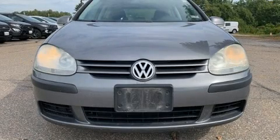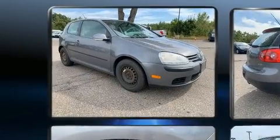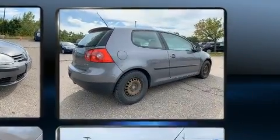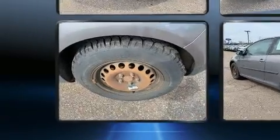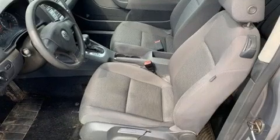Here's a great deal on a 2009 Volkswagen Rabbit. This two-door, five-passenger hatchback has not yet reached the 100,000-mile mark. It features an automatic transmission, front-wheel drive, and a 2.5-liter five-cylinder engine. Top features include a split folding rear seat, power door mirrors and heated door mirrors, remote keyless entry, rear wipers,